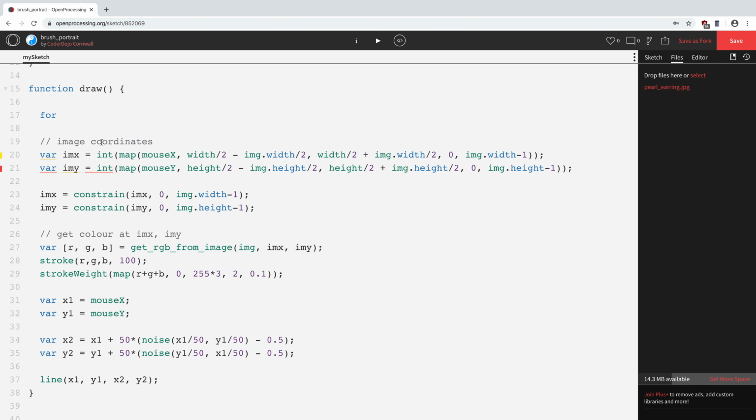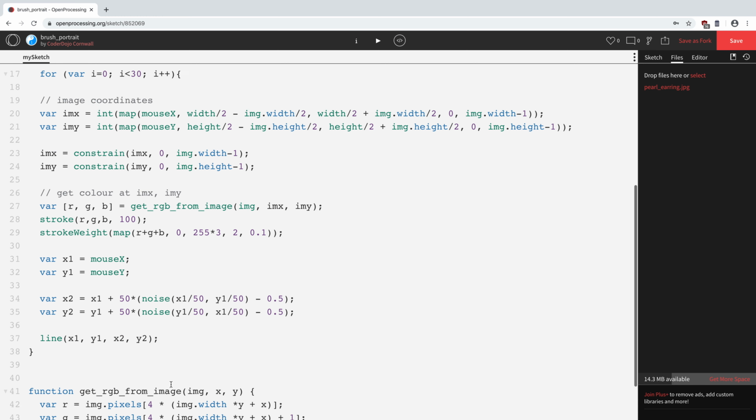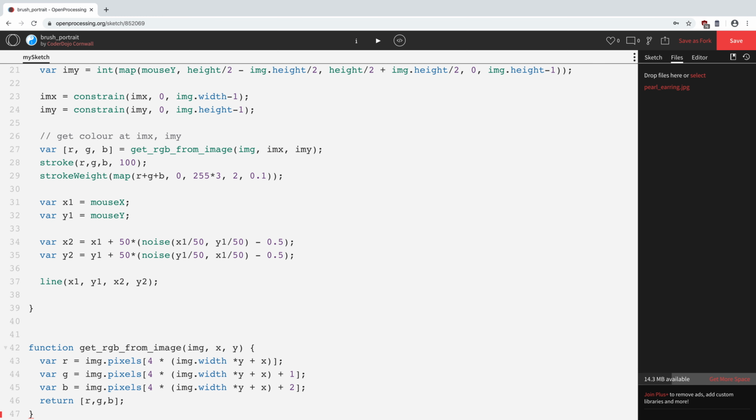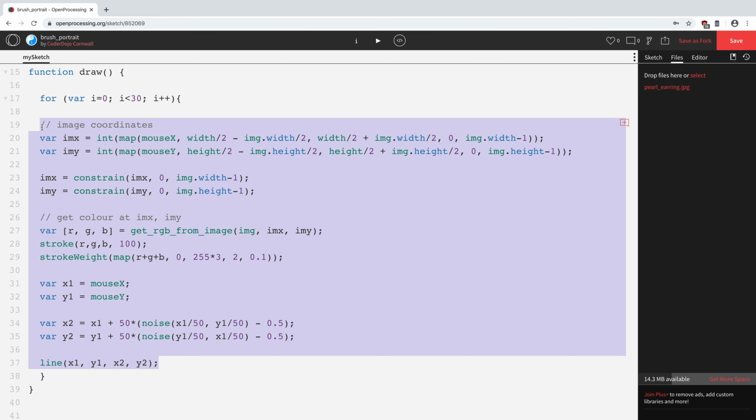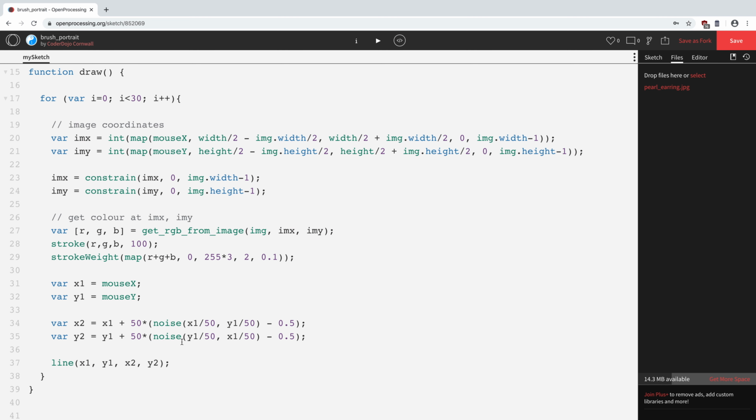So we say for var i counter is 0 to, let's say we've got an experiment card, we can say i is less than 30, i plus plus, and then we're repeating all that code that we've just developed. So let me indent all that. So all that will be run 30 times,